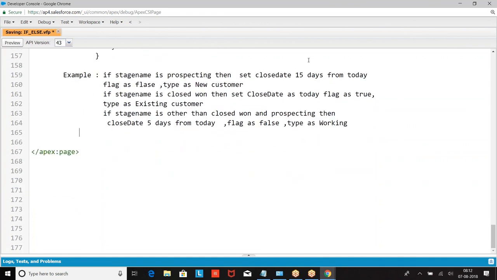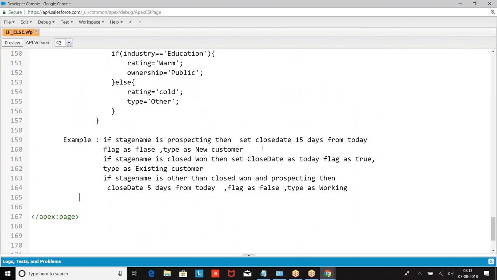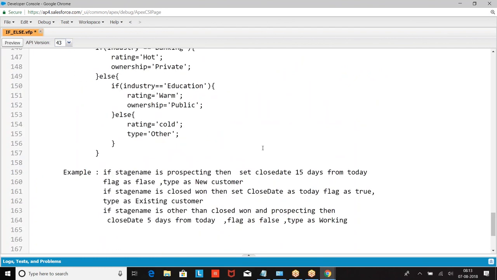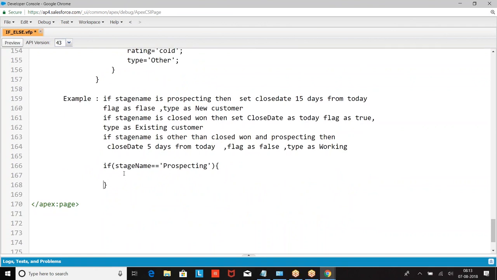Done. So if stage name equal to prospecting, do that.